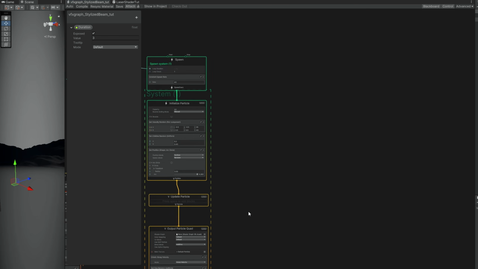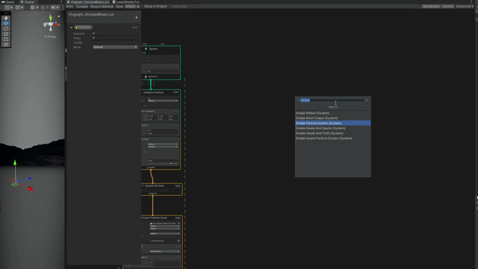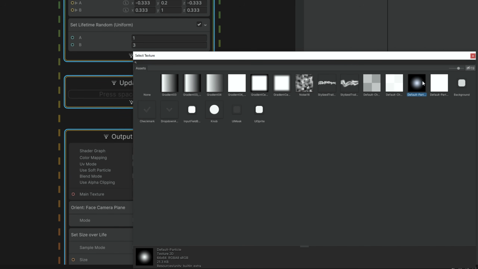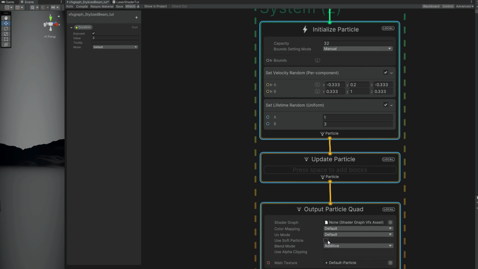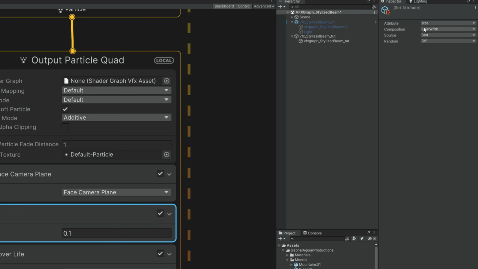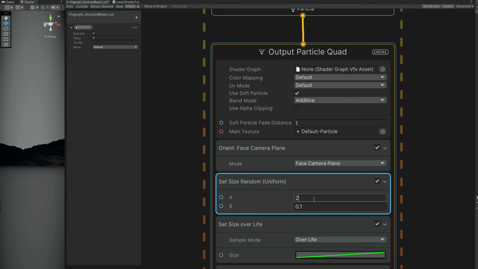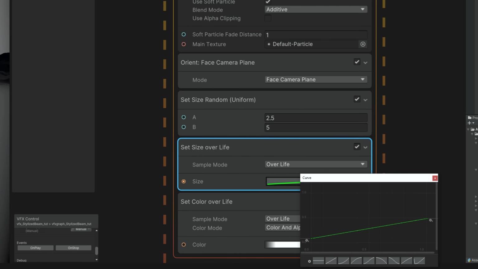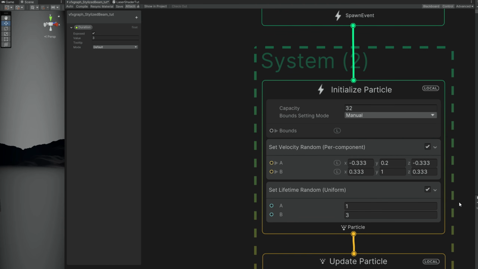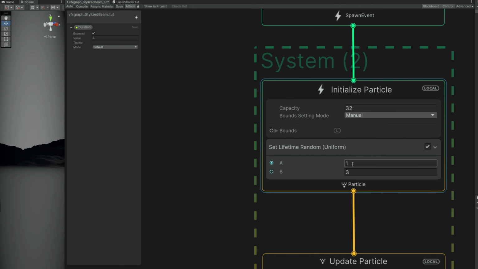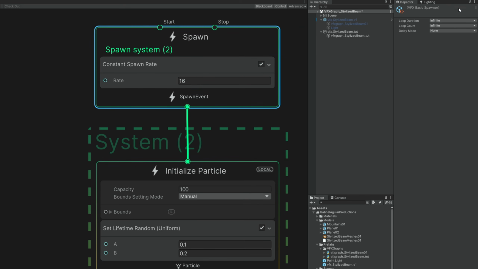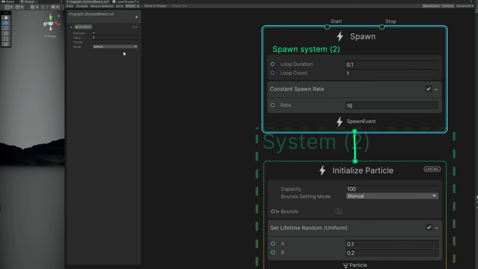Once again, with a simple particle system, you can say the main texture is default particle, blend mode to additive so it becomes bright, and turn on use soft particle so it becomes soft whenever it touches some geometry. Set size random between 2.5 and 5, and then use this curve from big to small again, and set the composition to multiply. We don't need velocity, we just need this to have a super short lifetime like 0.1 and 0.2, increase the capacity, and in the spawn say the loop duration and loop count is constant,